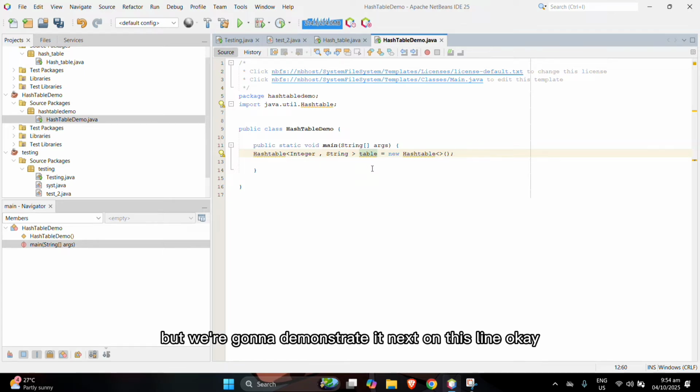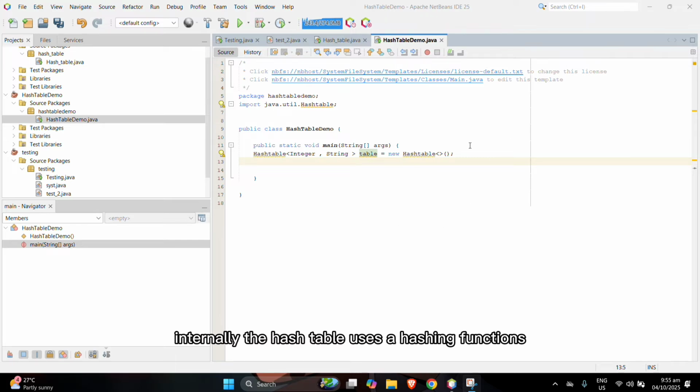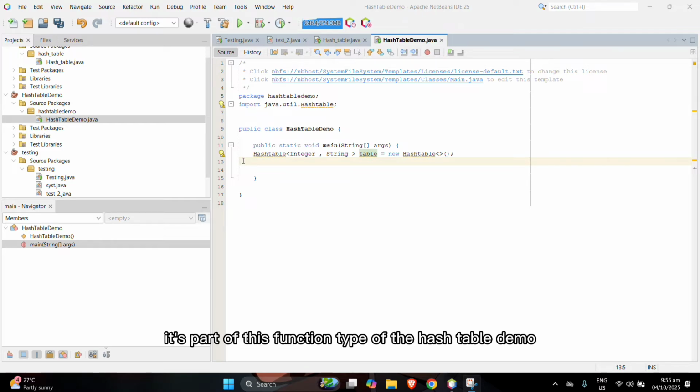This hash table will map integer keys to string values. Internally, the hash table uses a hashing function to assign each key to a specific bucket, which allows very fast searching, inserting, and deleting.